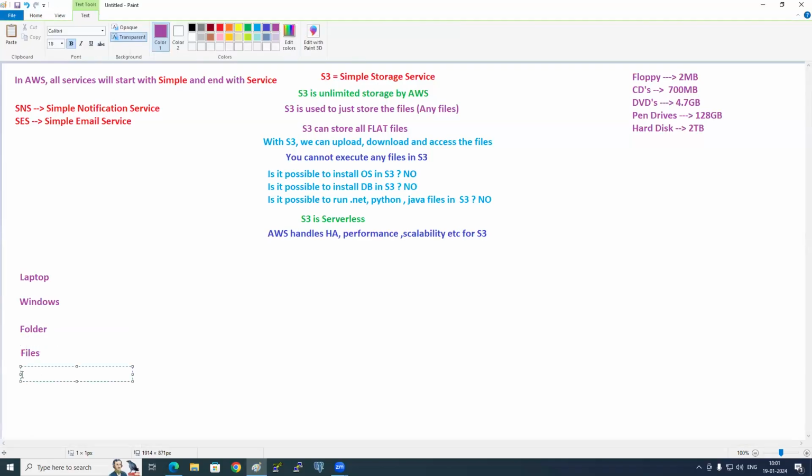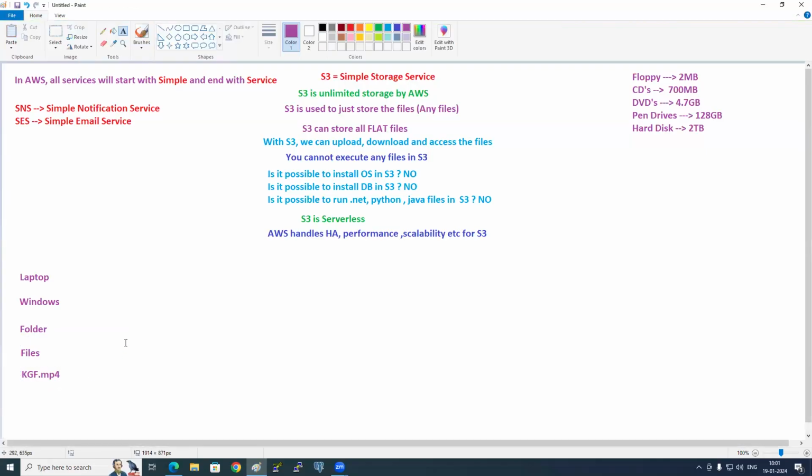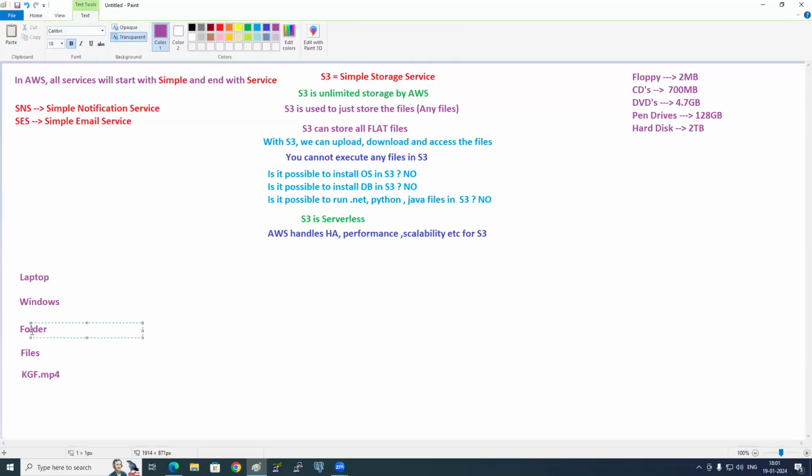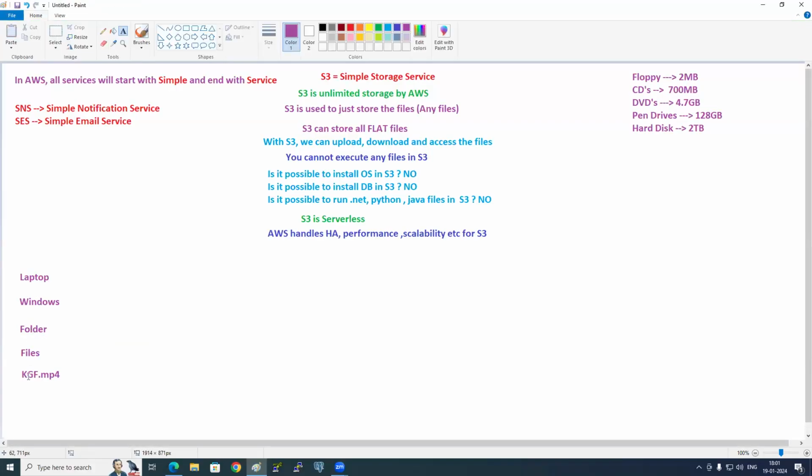KGF. So KGF.mp4, for example. Okay, now see here. This is in his laptop. He has created a folder. Inside the folder, what does he have? Files. And this is the name of the file: KGF.mp4.